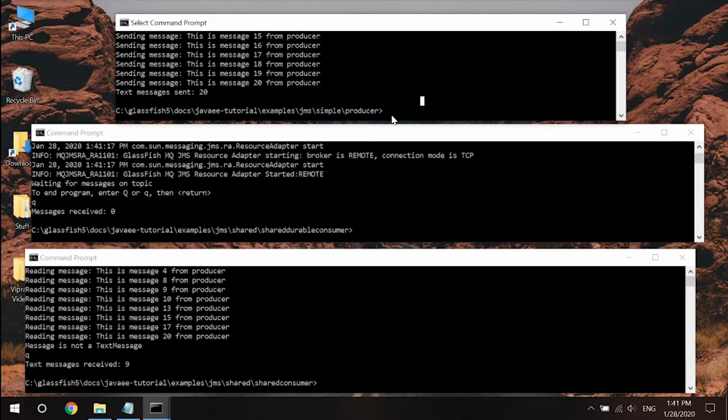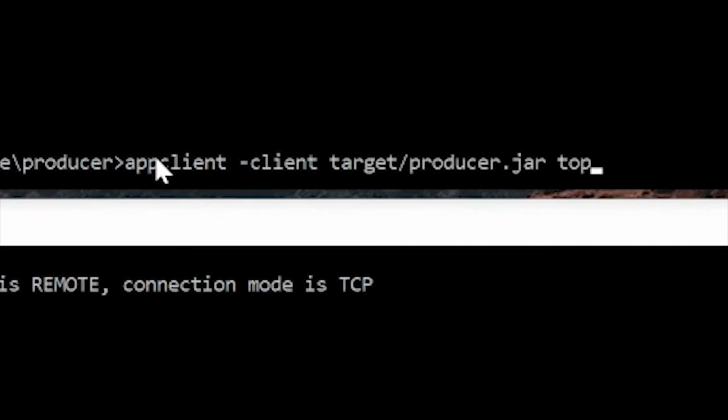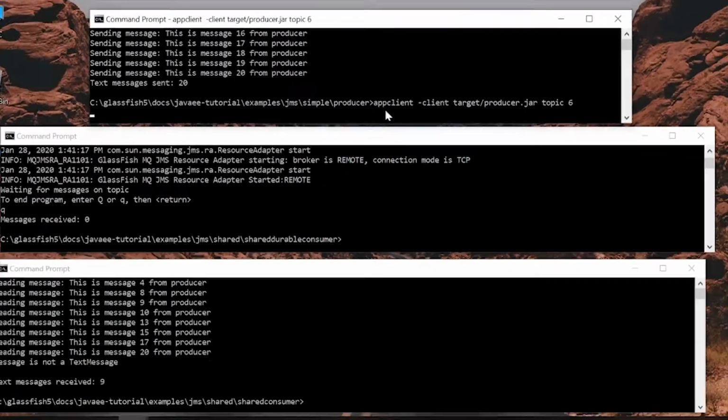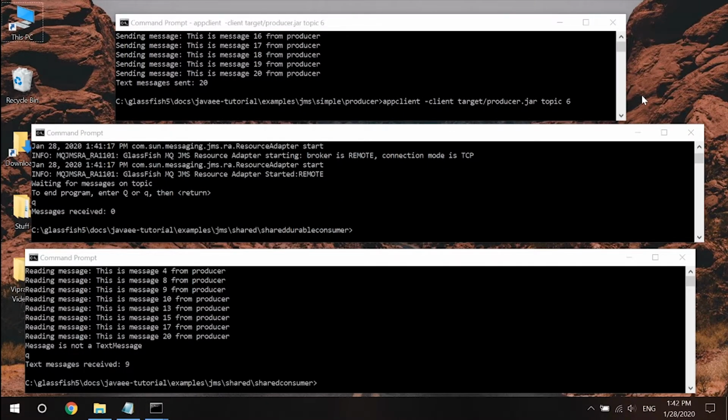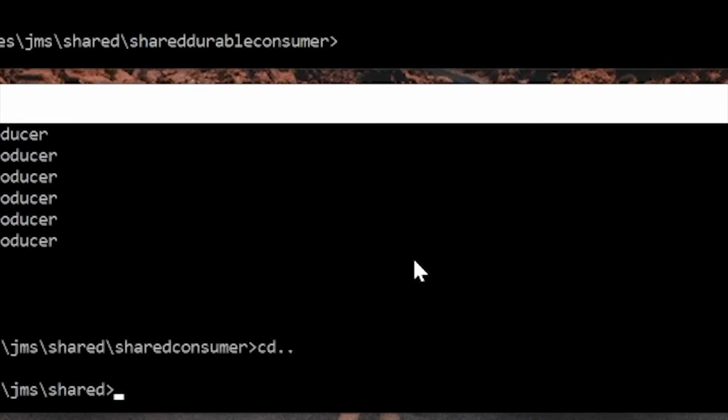Let's go ahead into our producer class over here and run our app client target slash producer.jar topic 6. Go ahead and run that. And once the producer has sent those messages, let's go ahead and open another terminal window, which is our terminal window over here, and go to our shared durable consumer directory. So let's go ahead and cd, so we can drop down to our shared and go into cd shared